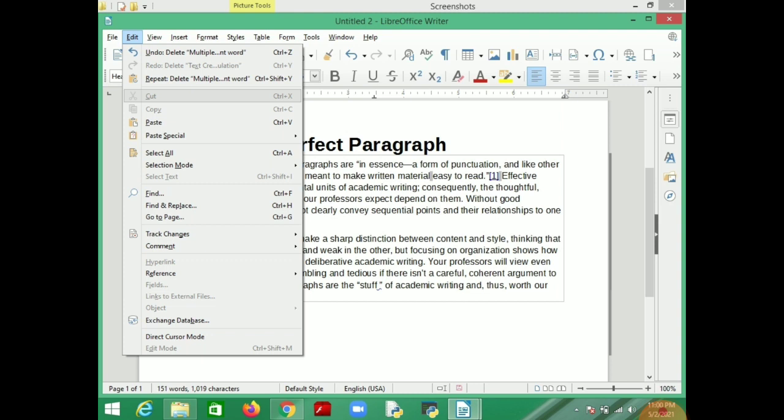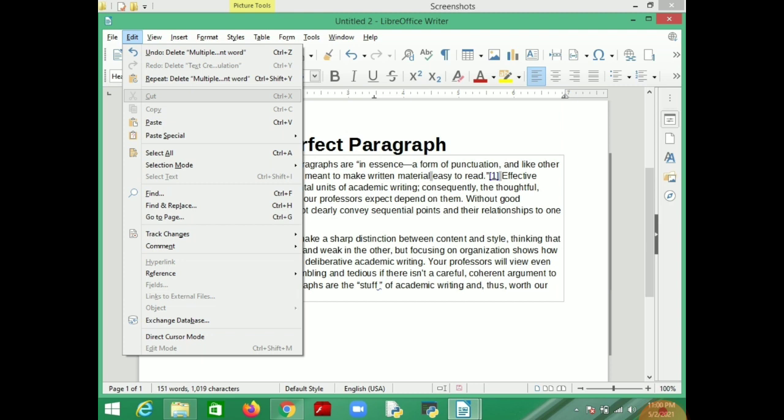Same way copy. In case of cut, your text will be removed from the present place. In copy, the text will remain there and it will be copied, and you can paste it in another document.